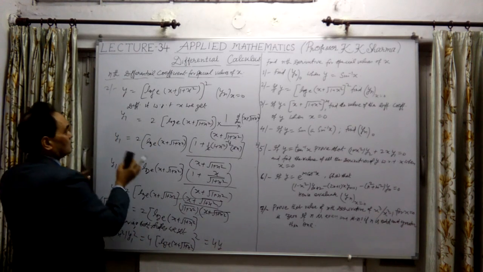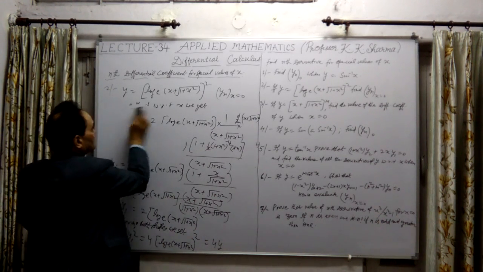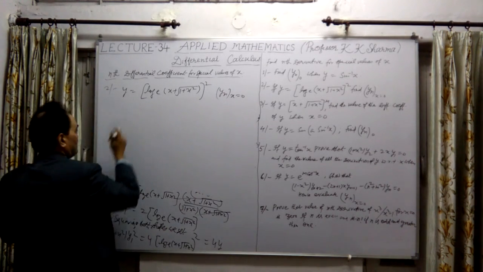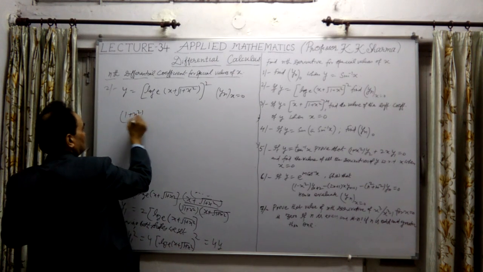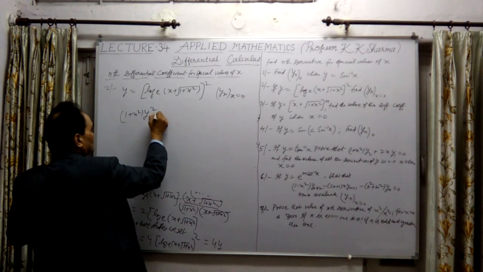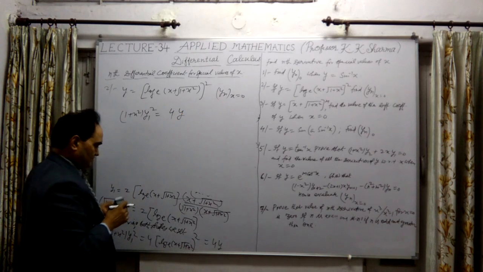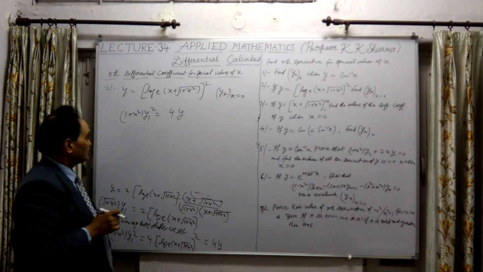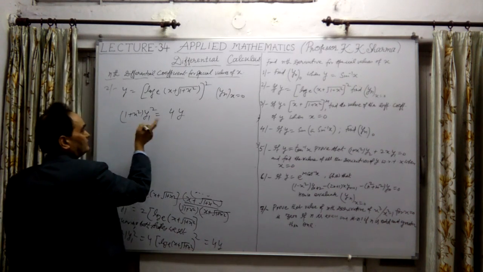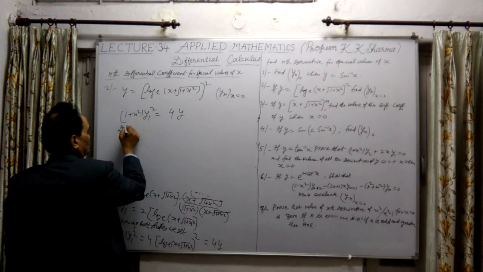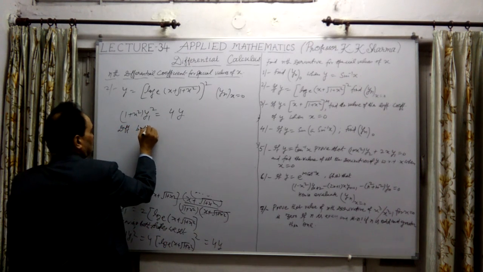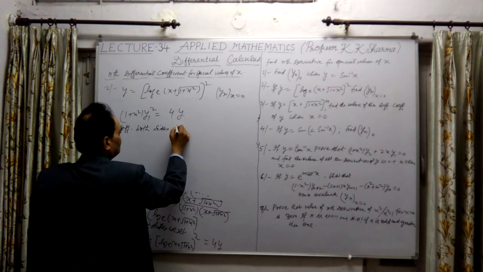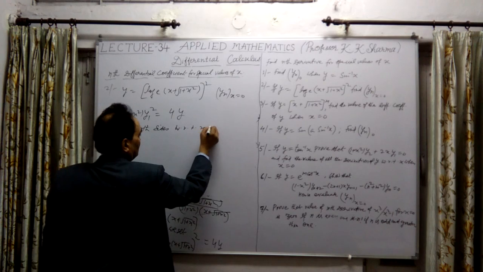Okay, so this is the simplification of this equation. Let me write it here. So on the first derivation of this, we obtain (1 + x²) y1² = 4y. Now differentiating further, differentiating both sides with respect to x, we get,